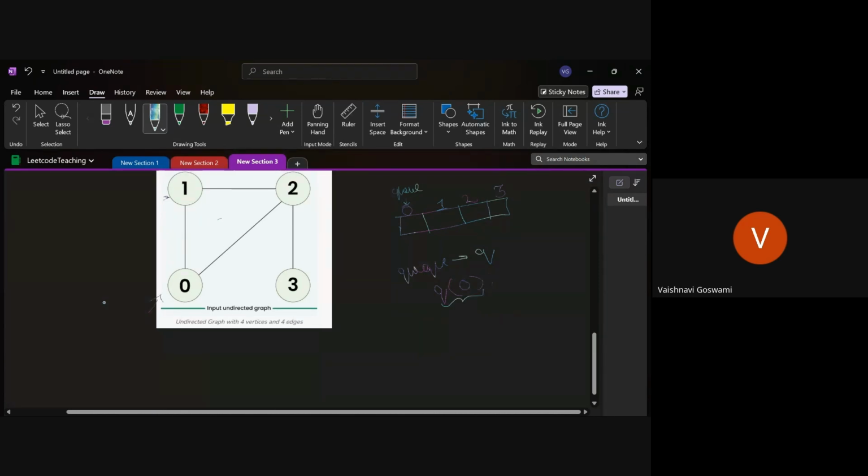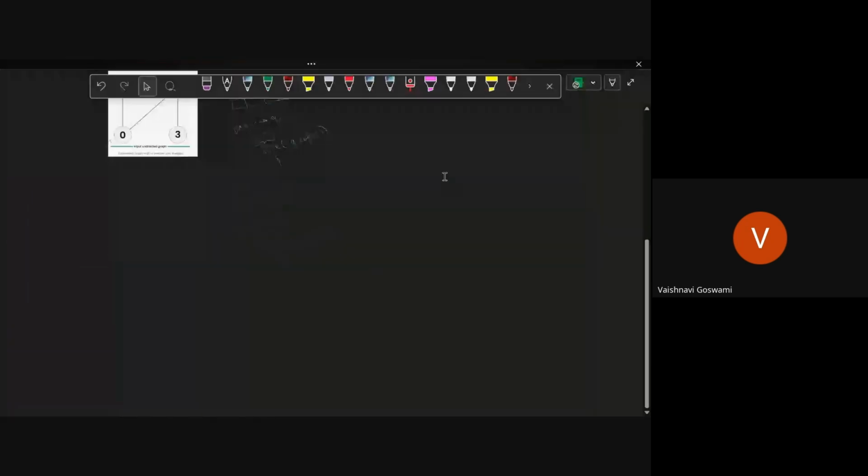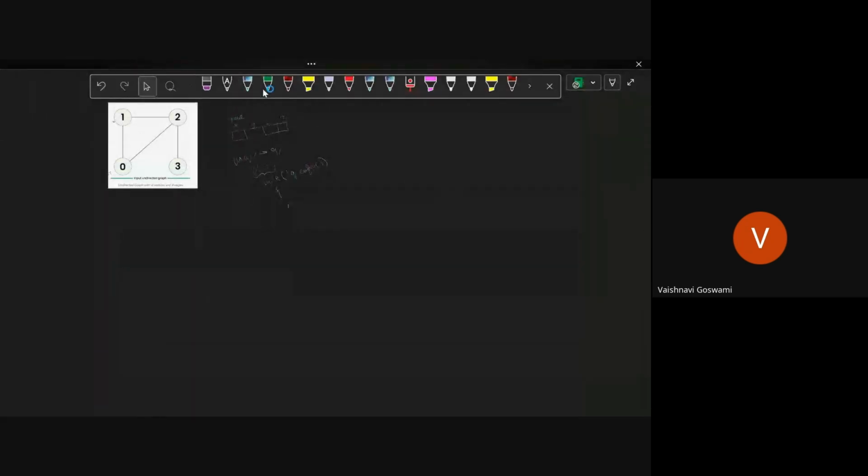When you pushed 0 inside this, you will write while not q dot empty. First the front node you will take. So 0 will be marked as 1. Node p is equal to q dot top, and then you did q dot pop.